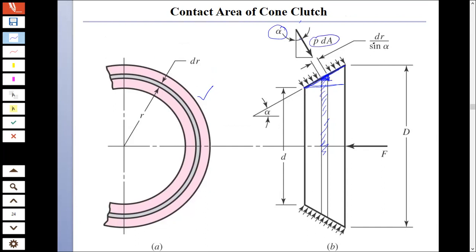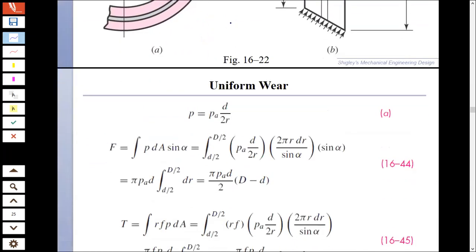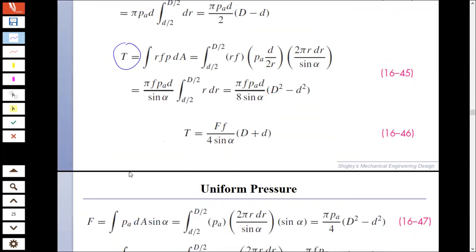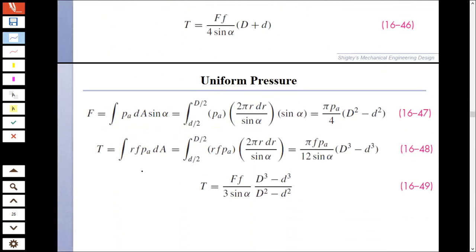Basically the distance here is not just dr, but it is dr over sine of alpha. So you have to use this value of dr. Again, your pressure will be equal to PAD over 2R. And the area you take here will be accordingly adjusted due to the angle alpha. The rest of the things are the same: you find the actuation force, and you will have to integrate that. I'm going to leave this for you, to derive equations for the actuation force and torque using both models,